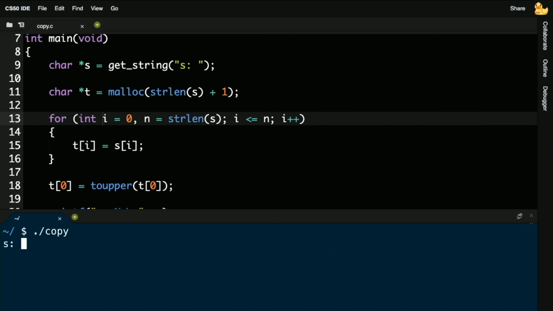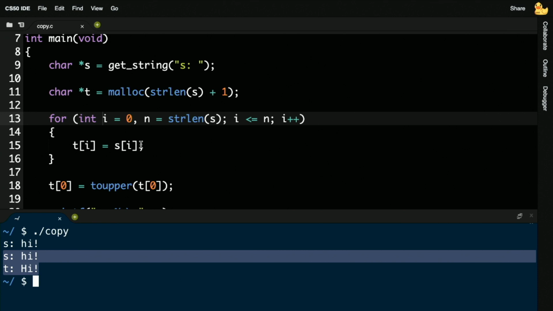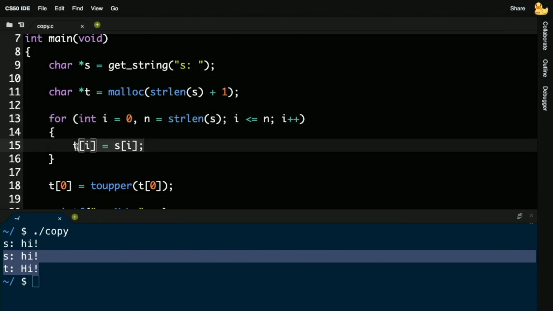Make copy. Let's type in hi in lowercase and hit enter. And voila, now I have capitalized only the copy of s, aka t. And just to be clear, I've kind of regressed back to my square bracket notation, because it's perfectly acceptable. It's very readable. But notice, if I really want to show off, I could say something like, go to t plus i location, and then do this, which, again, I don't necessarily recommend for readability. But again, there is this equivalence.